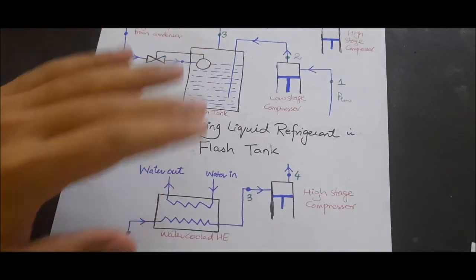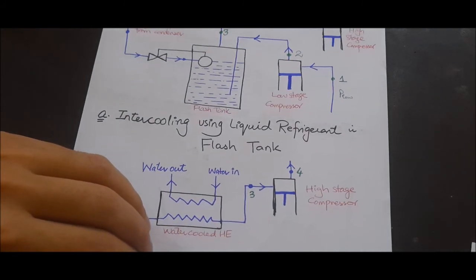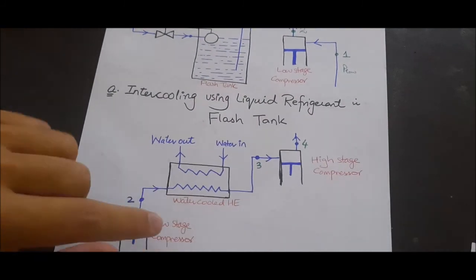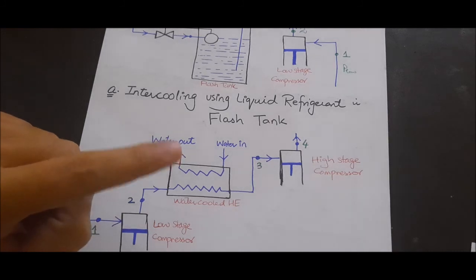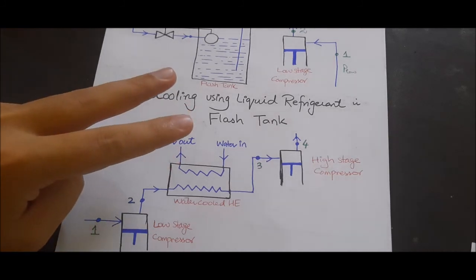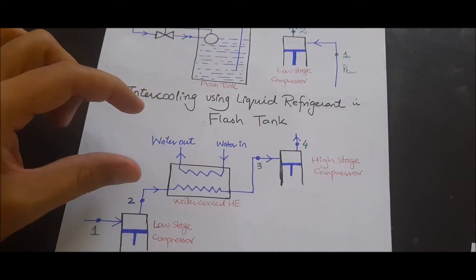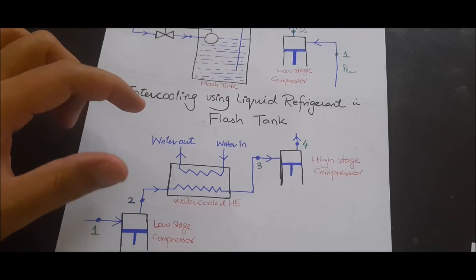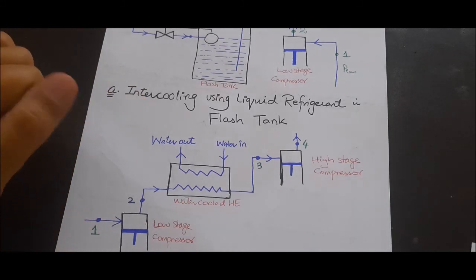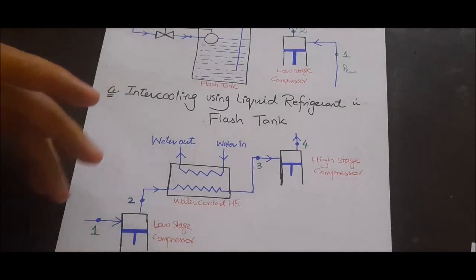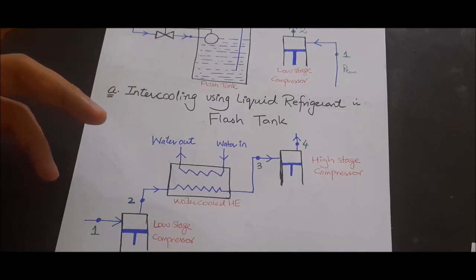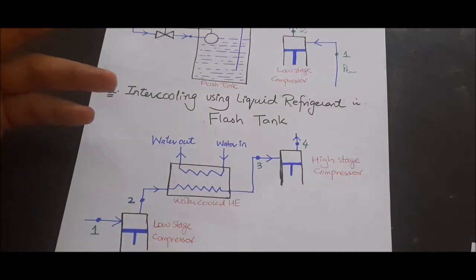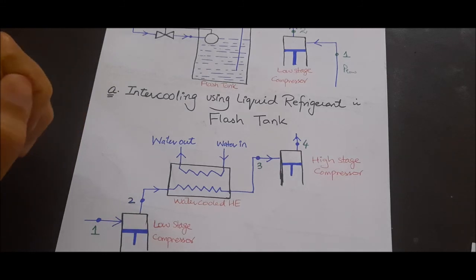So we can combine both in a single plant or a single refrigeration system, I would say. How and what would be the impact of that and how to make the calculations, we are going to discuss in the coming lecture,